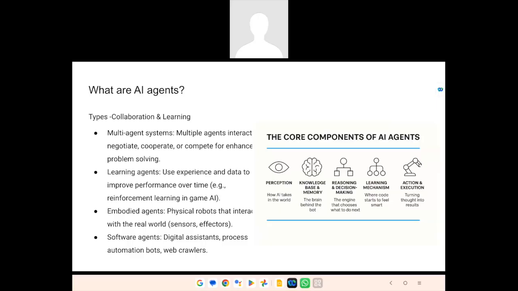Okay. And then we have learning agents, which is kind of game-based learning where you slowly train your agent, which the background may not be an LLM. It will be a reinforcement learning framework, a reinforcement learning algorithm, which kind of uses an agentic framework to improvise itself. And of course, the embodied agents, which are nothing but physical robots. And we have the software agents, the ones I was discussing so far, the Google Assistant, Alexa. All those are agents which assist in day-to-day tasks, all those things.